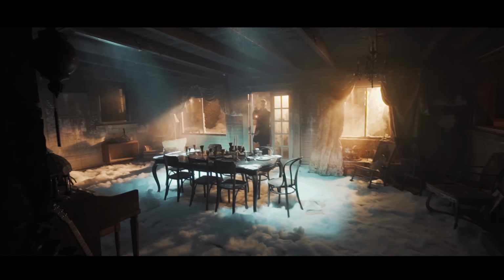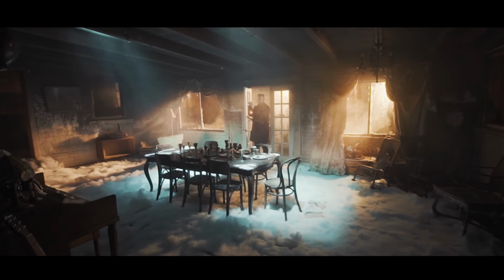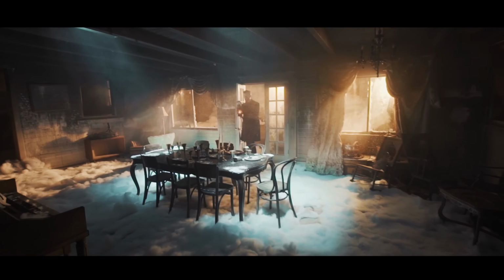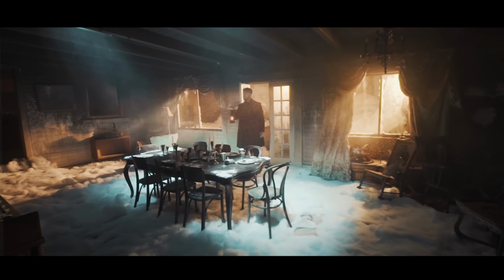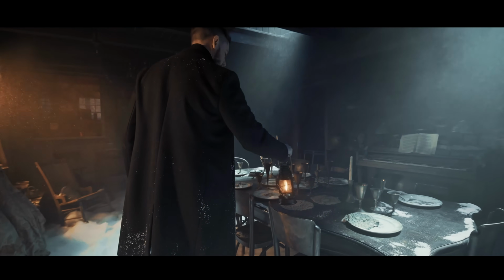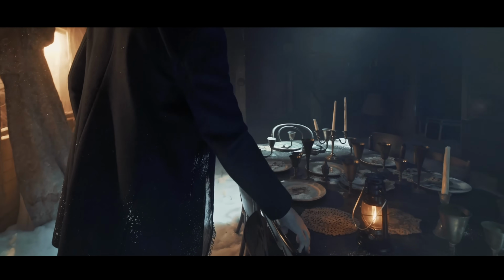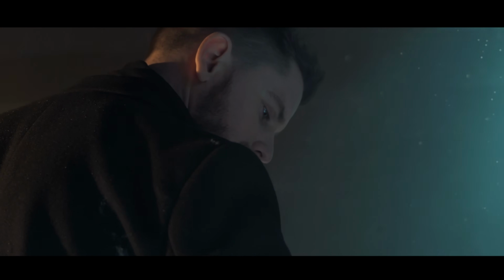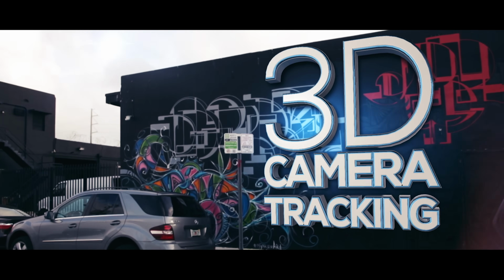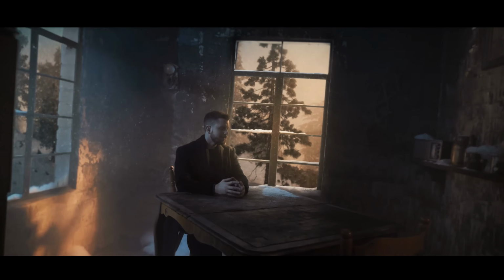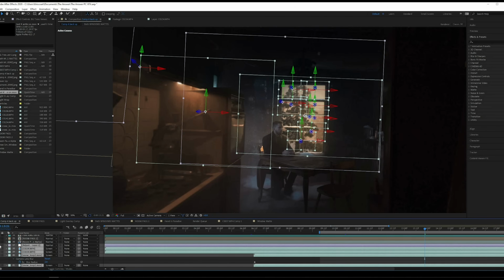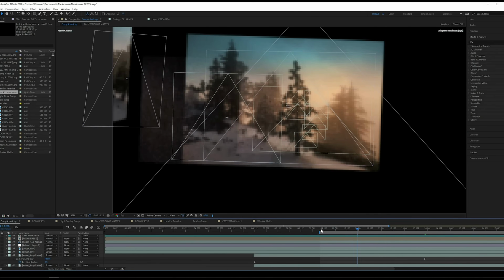That's why big productions have VFX supervisors, so that they can even get references for HDRI lighting, which is a whole other thing, but we're not going there. We're not going into heavy 3D workflow. We're just keeping it basic with 2D compositing with different assets in After Effects. But you still need to 3D camera track your scene. You need to essentially tell After Effects where things are in space so that you can place things exactly where you want them. So this part actually seems the hardest, but it's probably the easiest, because After Effects has a